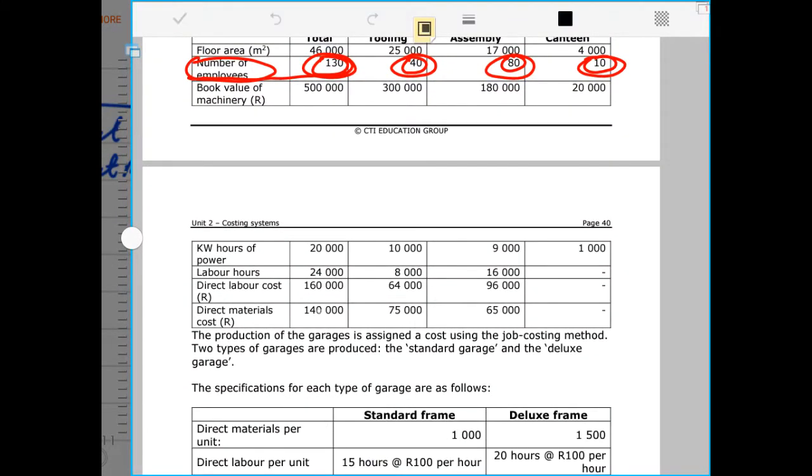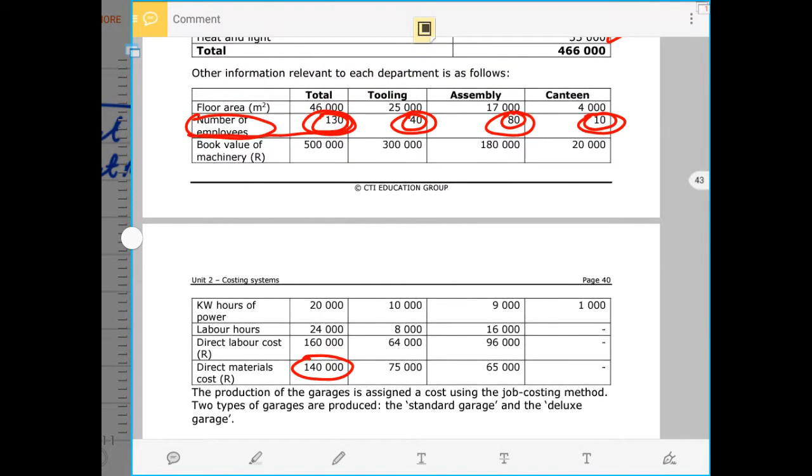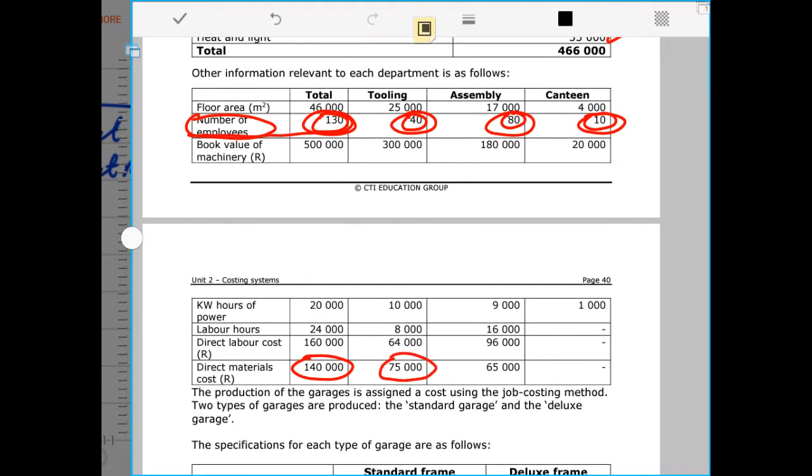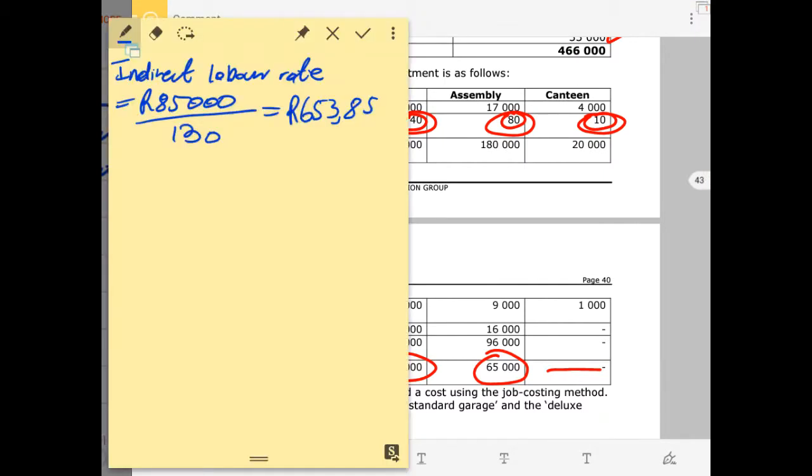Our direct material is 140,000 in total. That means we have to divide by 140. For department tooling is 75,000, and for the assembly department is 65,000. And there is no direct material for the canteen because we don't produce in the canteen department. So now let us do the allocation